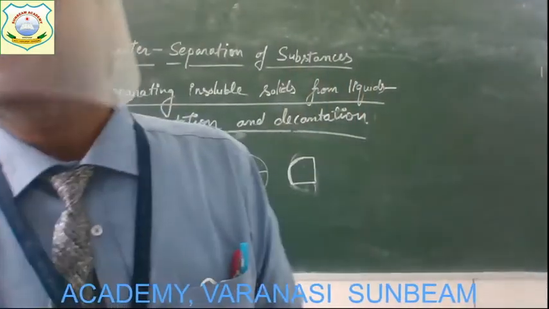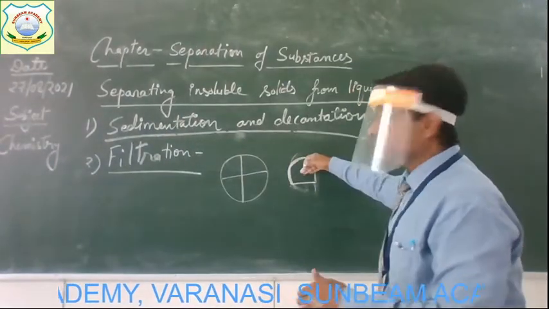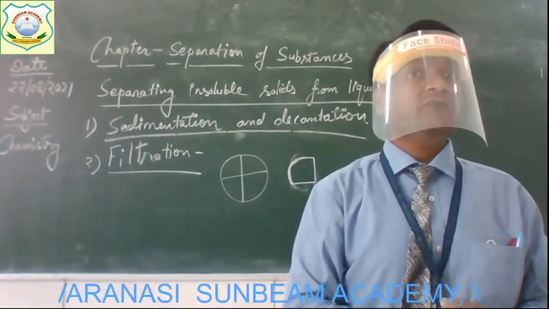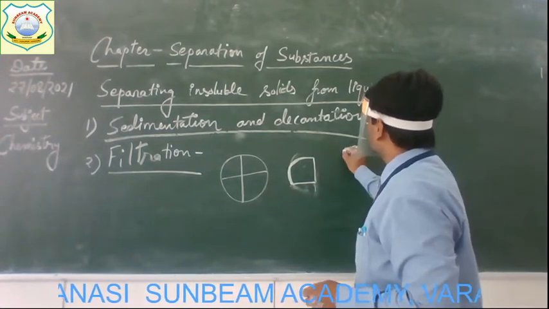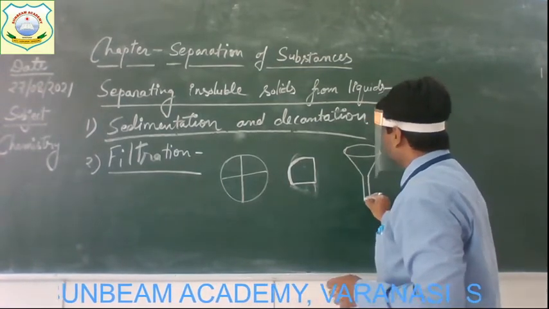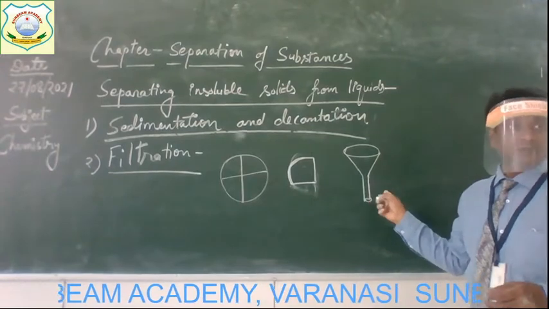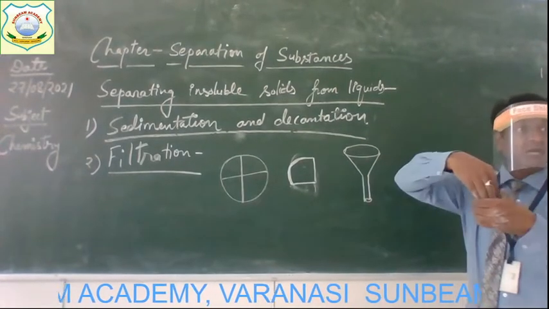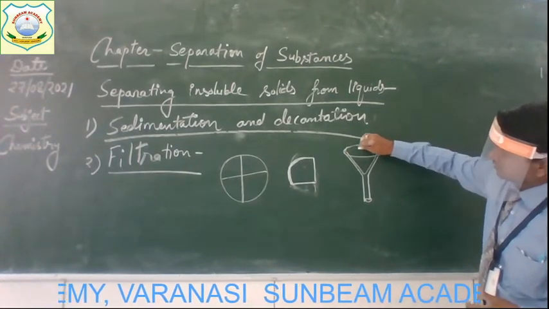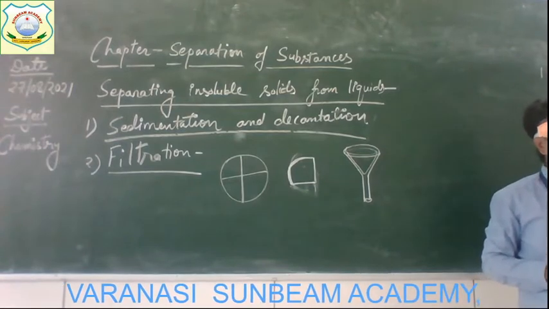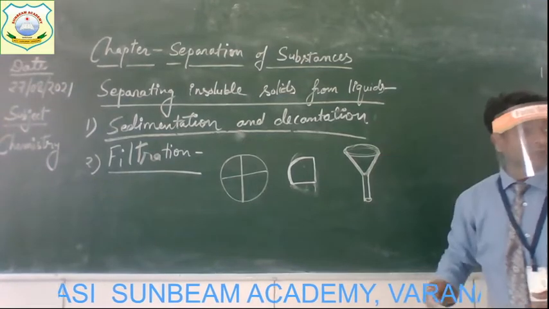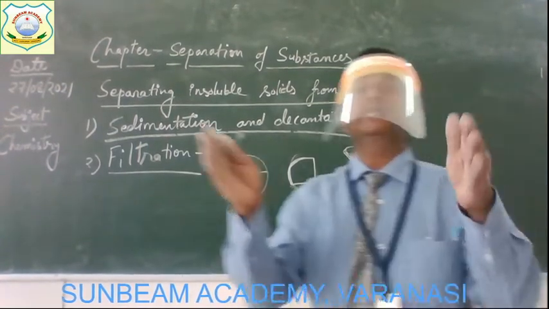And now after preparing this cone, what do you have to do? You have to fix it in a funnel. Where do you have to fix it? In the funnel. So this is a funnel. Have you seen this funnel? Yes, everyone has seen this funnel. So we have to place our cone of paper in this funnel here. Got it? Everyone? Below this funnel, what will we do? We will keep an empty beaker.